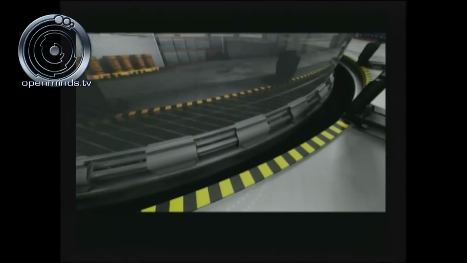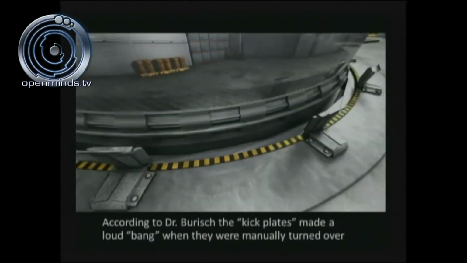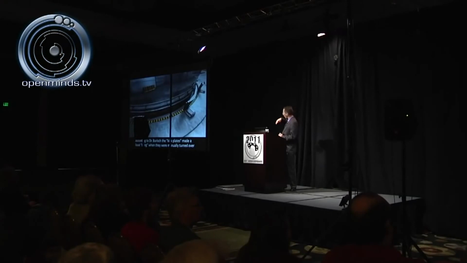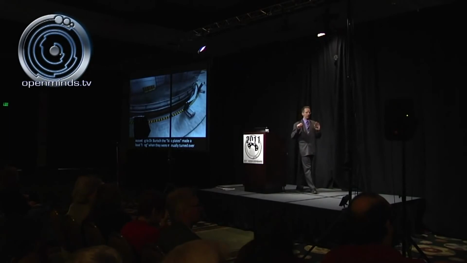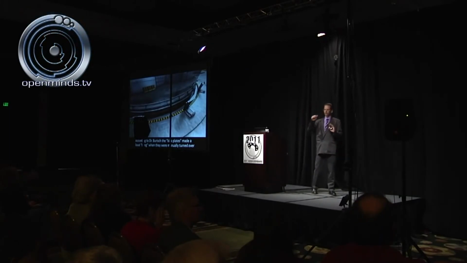Here you can see the edge of the 4-5 floor, which is in the yellow and black stripe right here, and then also the edge of the clean sphere bubble right here. That's what we're indicating in this illustration. Now, there's something called kick plates that actually are manually operated, and they seal the gap between the clean sphere edge and the floor of 4-5, the opening. That's what they do. And according to Dan Burrish, these were done by hand manually, and when you slam these down, there's a big bang that takes place. So it's something that he really stressed.